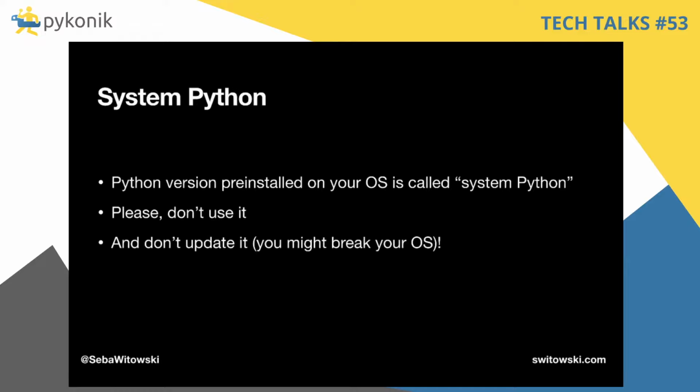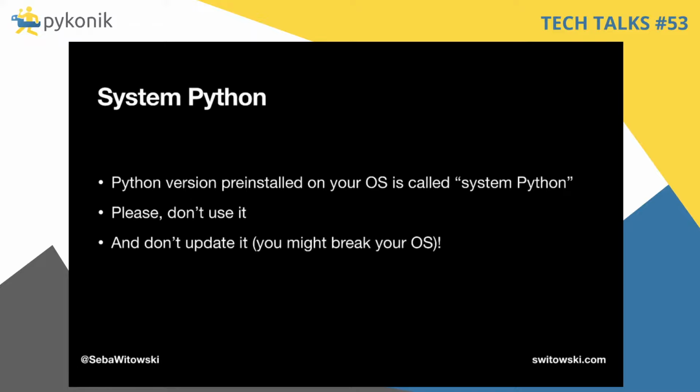some programs on your computer that require Python 2.7. You would be surprised how many programs or even parts of the operating system still require Python 2.7, at least on macOS. If you update System Python, those programs will stop working. So if you change the Python version that comes pre-installed on your operating system, you risk that your computer will stop working at all. And that is not fun. I have done that in the past when I didn't know much about programming and operating systems, and I had to reinstall the whole operating system from scratch.